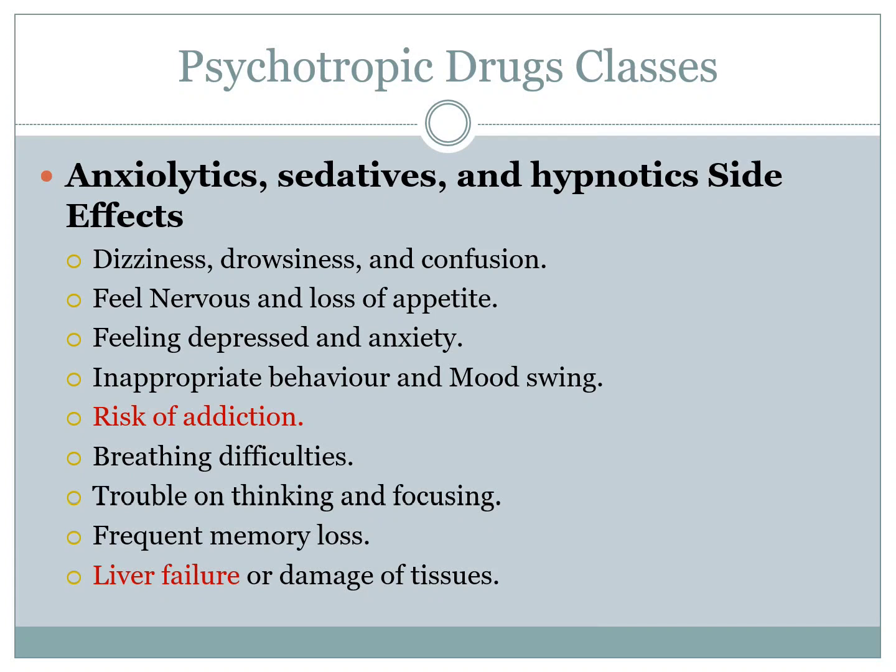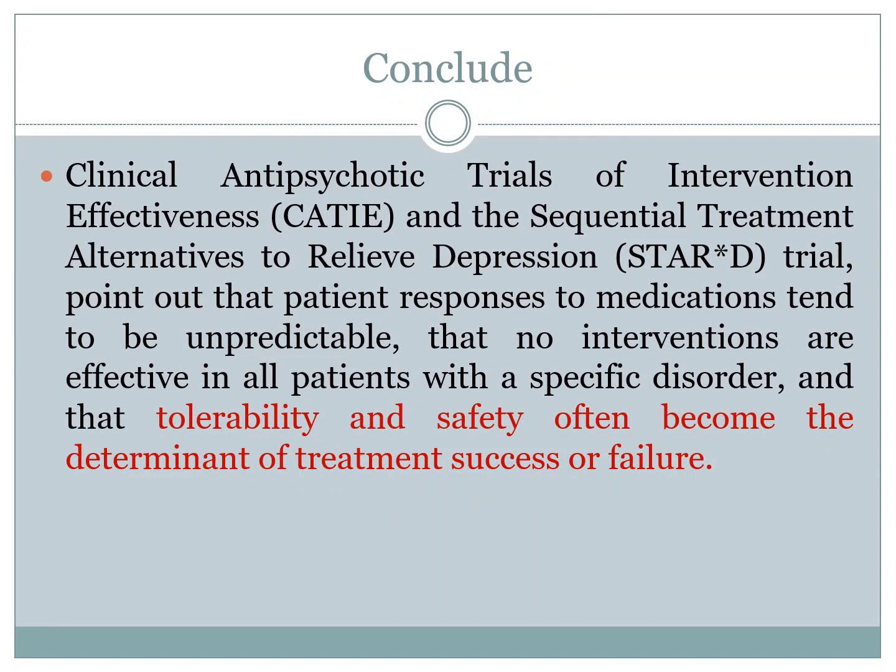Breathing difficulties can occur due to impaired ciliary movement in the trachea. Liver failure may occur due to anxiolytics like benzodiazepine, and in case of alcohol withdrawal syndrome, it is tricky to give benzodiazepine because the patient is already hepatically compromised because of the alcohol, and you have to give benzodiazepine as a substitution therapy. So the conclusion is tolerability and safety of the patient often become the determinant of treatment success or failure. It was concluded from a CATIE study, a trial of the